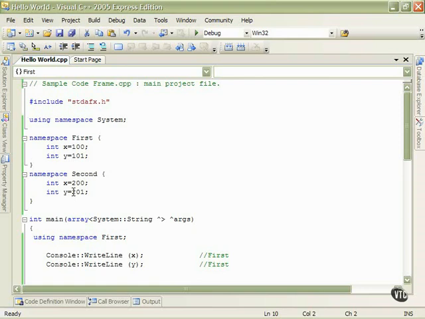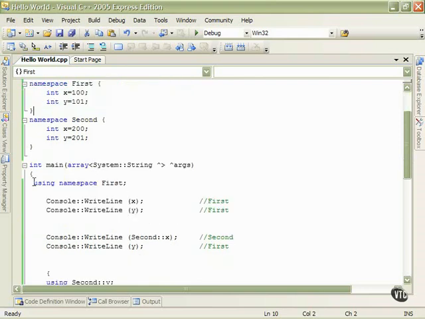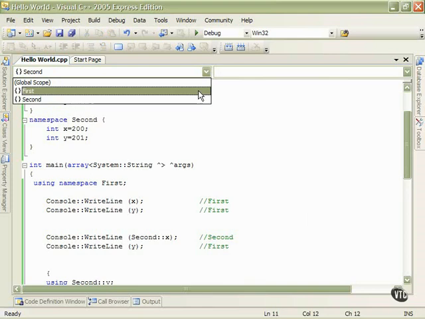Now down here in our program, we can say that we want to use namespace first. And if we do that, when we do a write line of x or y, notice the compiler understands that it wants integer first x because we said to use this namespace first. Notice that our scope changed up here to global scope when we click down inside main. If you click on second here, our scope changes to second, because this is a list of all the different subscopes that we have. We have global and first and second,